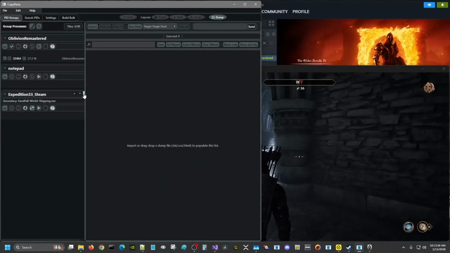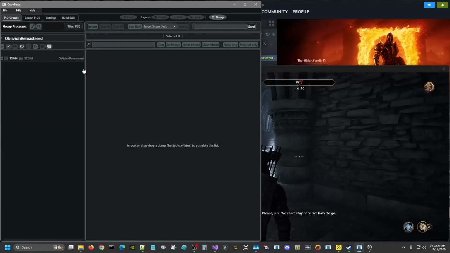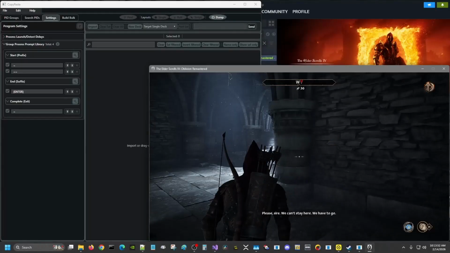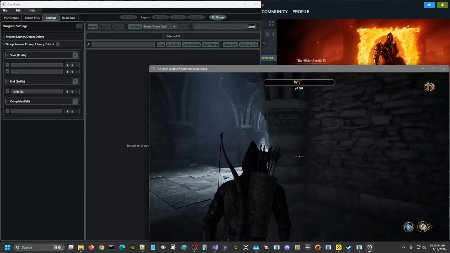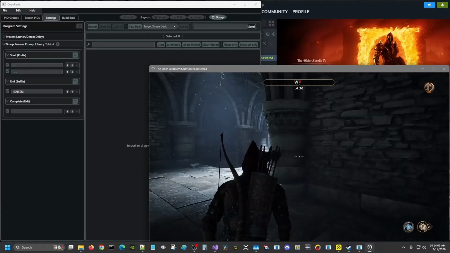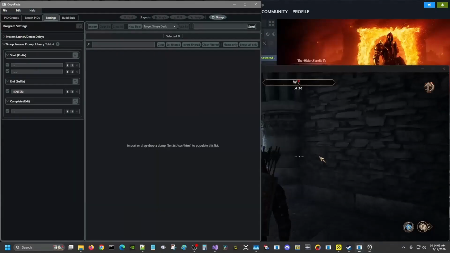Now to work with debug commands with games, we're going to use Oblivion as the example here. You have to have an understanding of what kind of prompts, what kind of input it takes to be able to open up the command console. So for Oblivion, you'd hit the tilde, it opens up the command console, you would type in your command, hit enter, and then press the tilde again to close it. We need to essentially set up that